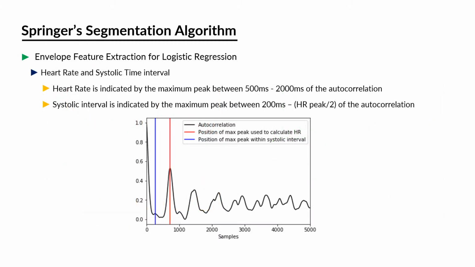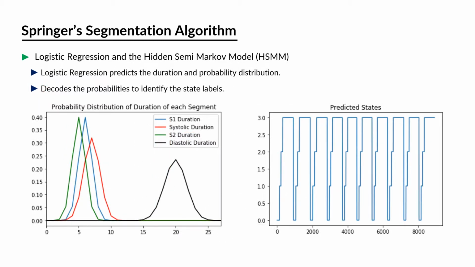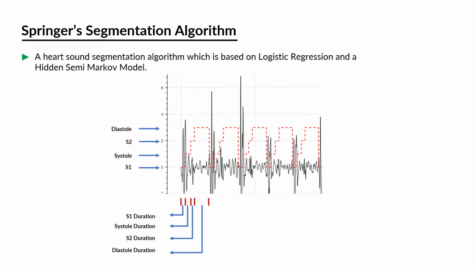In addition to that, the heart rate and systolic time interval are also extracted by taking the autocorrelation of the PCG to itself. The extracted features are then used to train the logistic regression model, which predicts the duration and probability distribution of the four states and is then decoded by the hidden semi-Markov model. The resulting segmented heart sound can then be used to extract more information in order for us to discriminate between